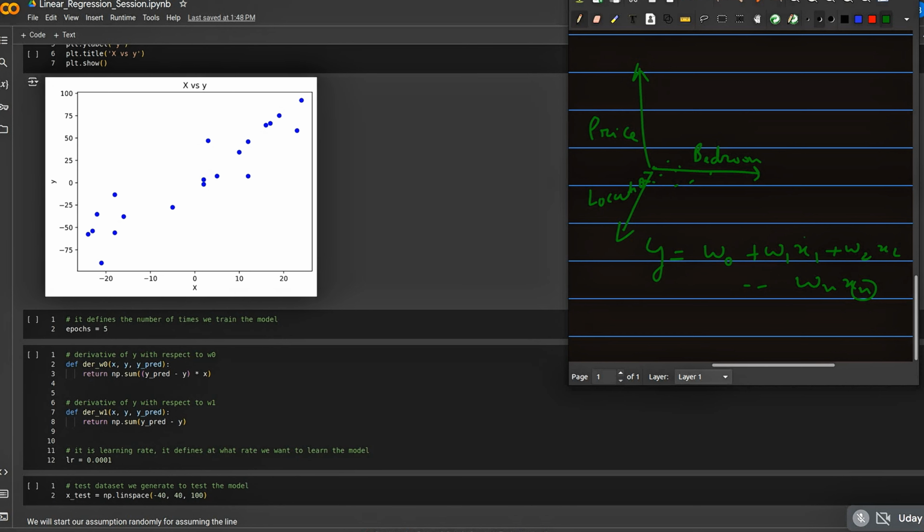Okay, so considering this analogy in the simple part, you can consider these are the slopes for every feature, and this is the intercept. Okay,